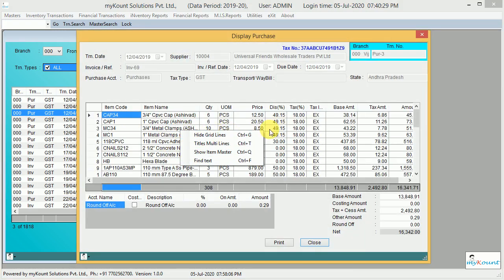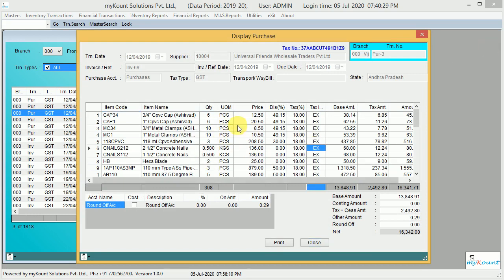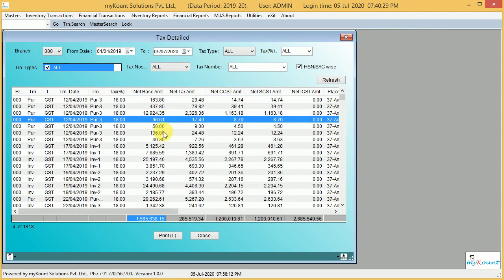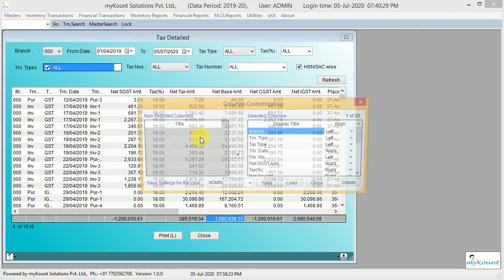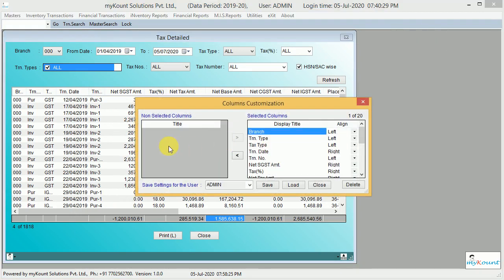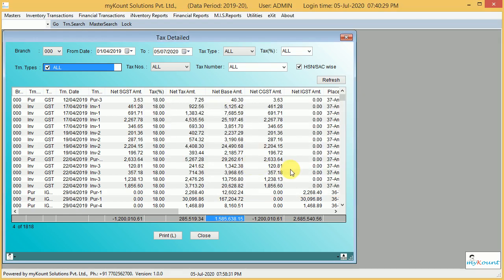On right click, item master, we can see the HSN master, I think. Here also we can reorder the columns, and unwanted columns can be moved to the left side and wanted ones can be set in the right side box.